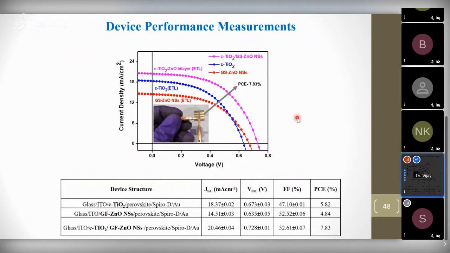So this is a fantastic work which shows improved efficiency with zinc oxide incorporation. There are papers which also used other metal oxides like tin oxides or other transition metal oxides. Here we use zinc oxide because of its band gap, which can easily work together with titanium dioxide and enhance the electron transport efficiency. So that in turn increases the photo efficiency.